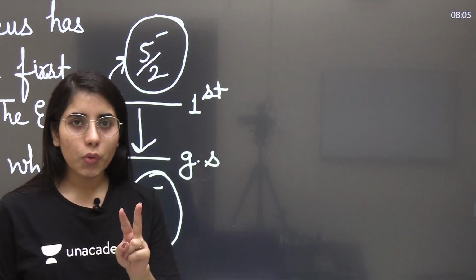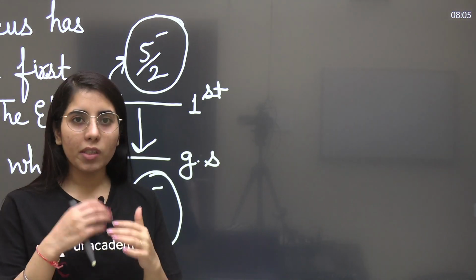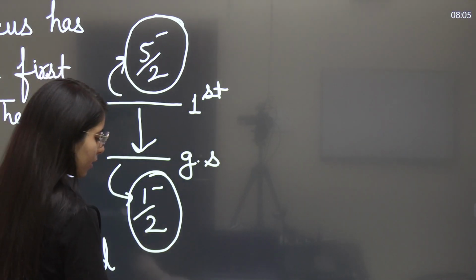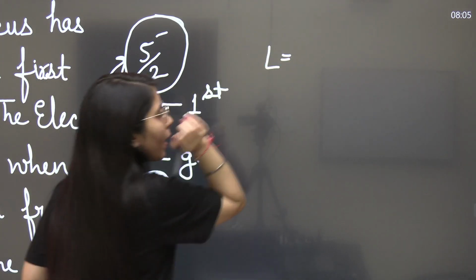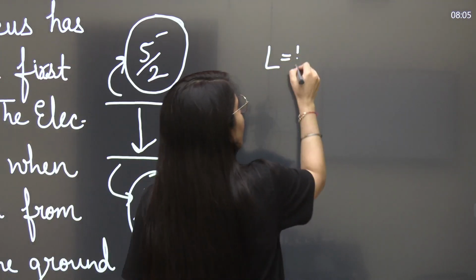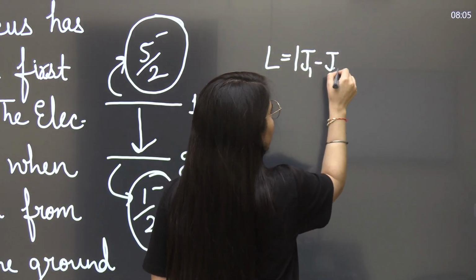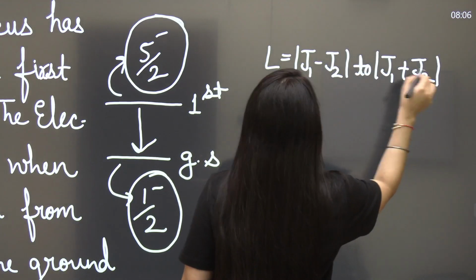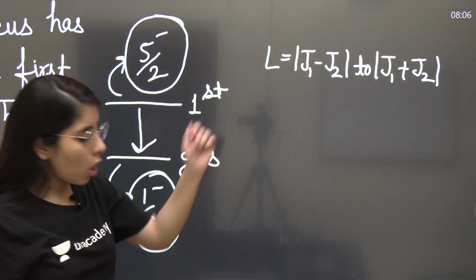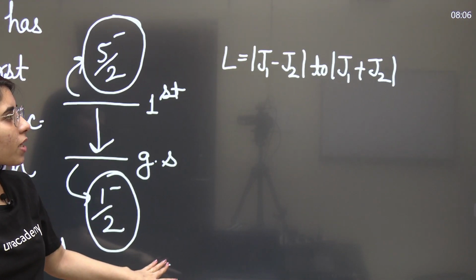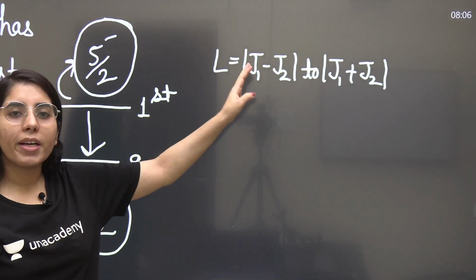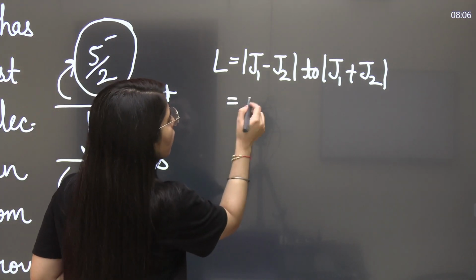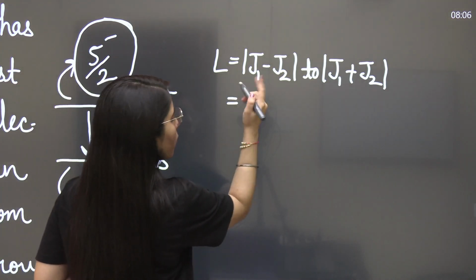Once you have the spin and parity information given for the two different states, what will be your first step as per the trick? You have to find the capital L value. What do I mean by capital L? Capital L values can range from |J1 minus J2| to J1 plus J2. For example, here you have half and 5/2. Since the mod is there, you can write any value at any place, for example half minus 5/2 or 5/2 minus half, it's up to you, because the mod is there, so it won't make any difference. So 5/2 minus half will give you 4/2, which is 2.